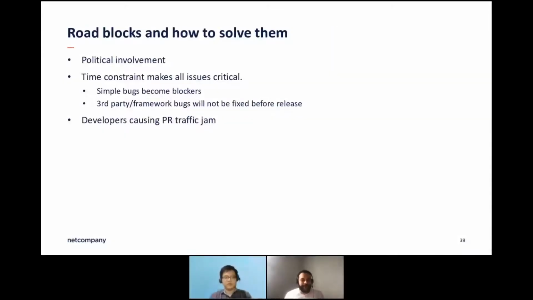So I'm going to talk a little bit about the roadblocks that you can encounter in such a project and how we solve them. I think the first thing we're going to talk about is political involvement in such a project. If you live in Denmark, you know